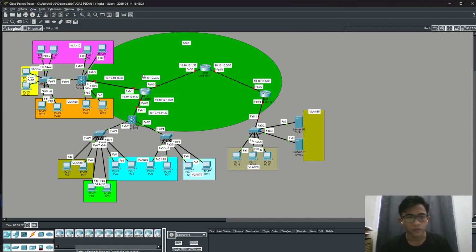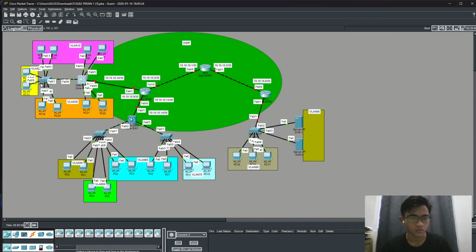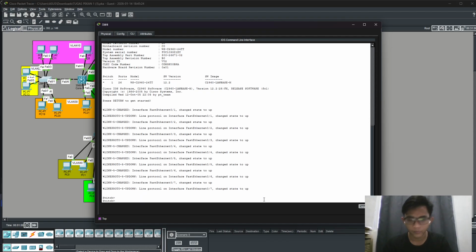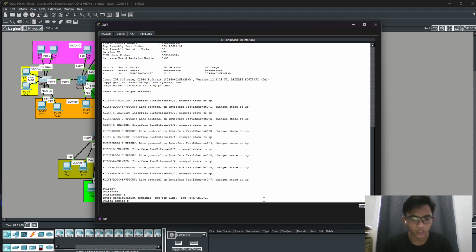So now we will give the hostname first. I will start from the switch here. Enable, configuration terminal, hostname as shown here.